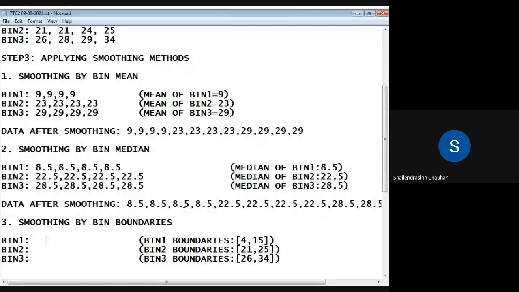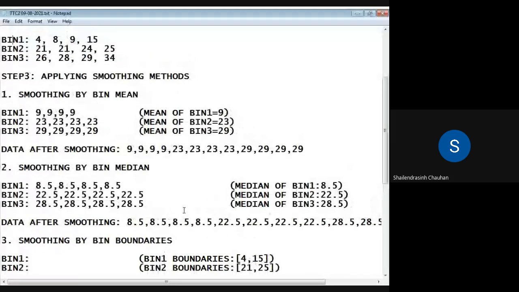And now what we are doing, we are analyzing which value is closer to the value we have in the bins, whether that value is closer to the lower boundary or the upper boundary. With respect to its boundary value, we replace that value with its boundary value.